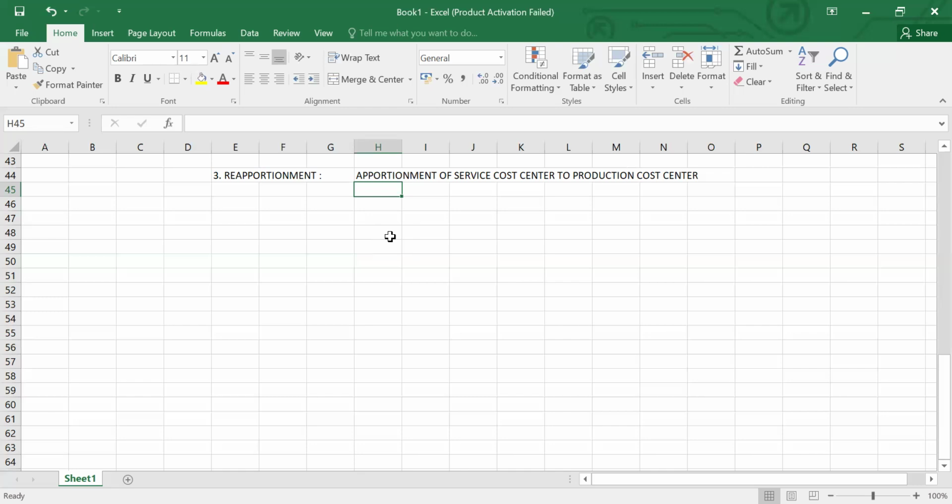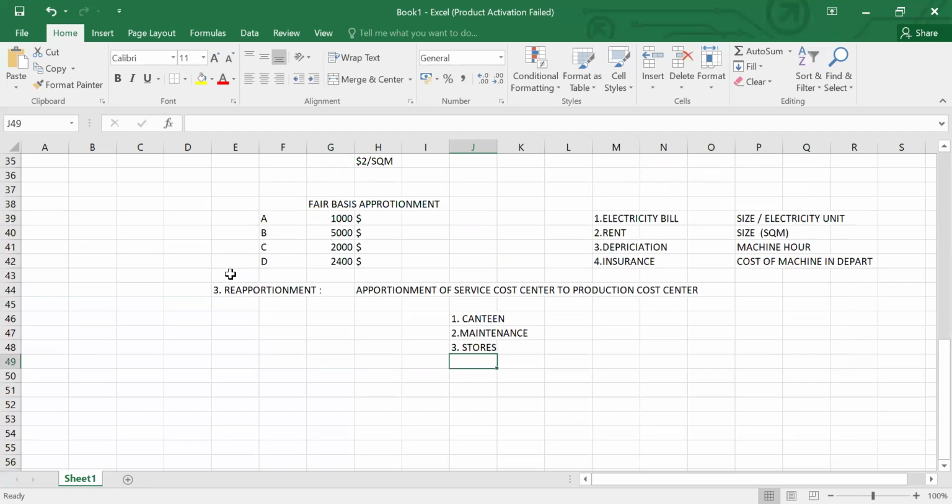I hope you have gotten the idea. Let me provide you an example. Production cost centers will always be production, but service cost centers will include, I'm writing right under it, canteen, maintenance department, and stores department. These are the three major ones. Yes, canteen, maintenance, and store. These are the three major service cost centers that you are going to see in the FMA section. Sometimes the fourth one might be a different one, but that's just sometimes. Now,